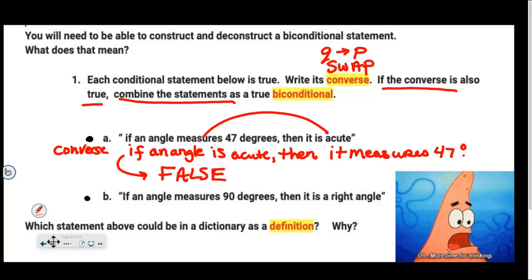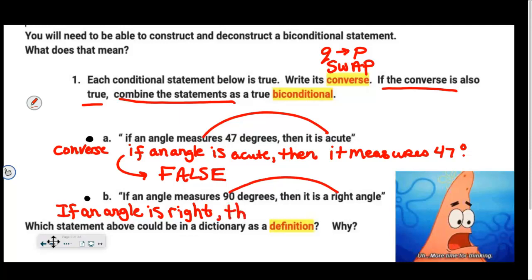So let's go to letter B, and you have more room on your worksheet than I gave myself on these notes. So I'm going to have to squeeze it in over here. But my converse would be, swap these out, okay? The if and the then. So I still have if an angle. I still need the subject to my sentence. I'm talking about angles here. So if an angle, but I'm not going to say measures 90 degrees. I'm going to do the converse. Is right, or is a right angle, but I'm just going to write right. Then it, swap them, measures